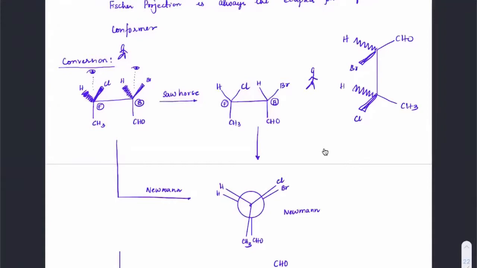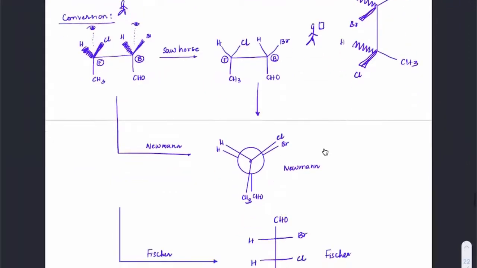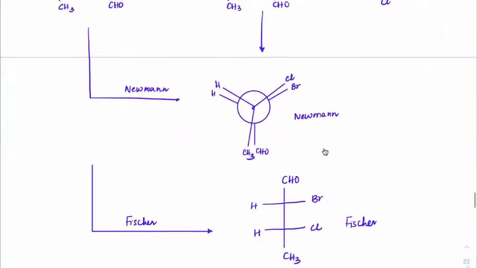Now tell me, is bromine on the right hand side or no? Okay, this hydrogen is on the left hand side, this hydrogen is on the right hand side, this hydrogen is on the left hand side. It is like you are holding a camera and taking a photograph. Everyone, if you take a photograph of this, how does it appear? The bromine will come on the right, chlorine will come on the right, these two will go on the left, and the CHO and CH3 will come on the line like this. Will come on the line.